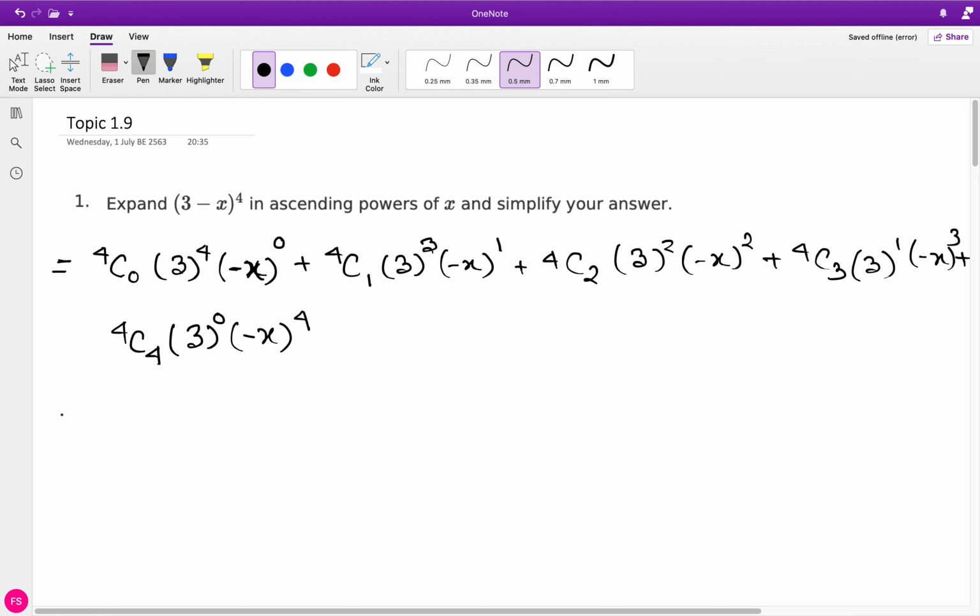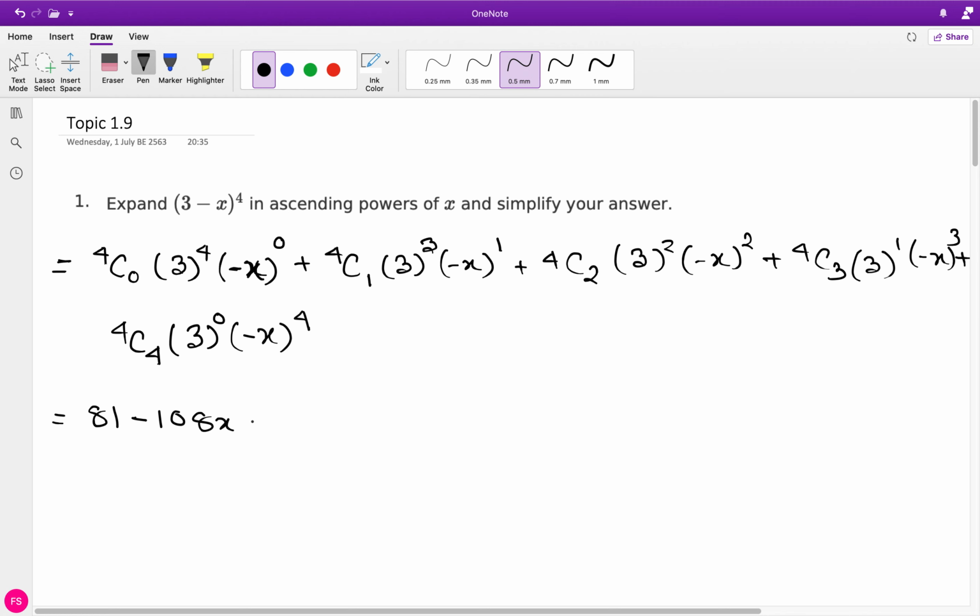So that's our expansion. This equals to 4c0 in the calculator is just 1. Then 1 times 3 to the power of 4 is 81. And then it's nothing because anything to the power of 0 is just 1. Then for this thing, 4c1 is 4. 4 times 3 to the power of 3 will give you 108, but you also have a negative sign. So this is going to be negative